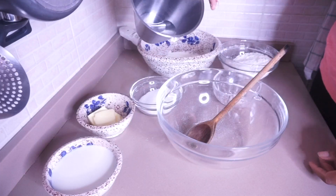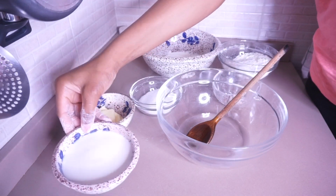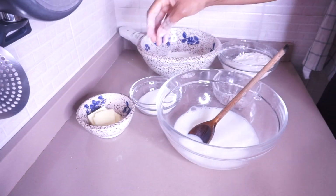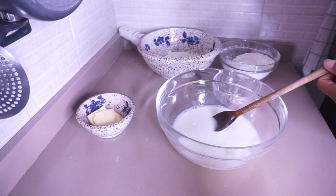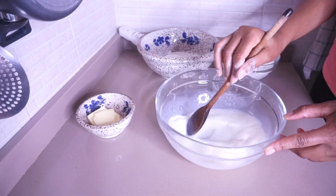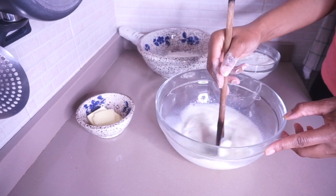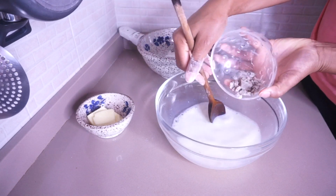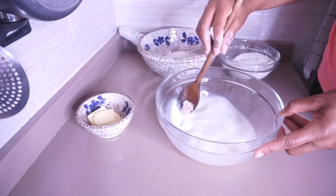So to start the recipe, we're going to add the water into the bowl, add the milk, add one batch of the sugar I showed you earlier. Mix everything until the sugar is a bit dissolved before adding the yeast. So now I'm going to add the yeast and allow the yeast to dissolve into the water, sugar, and the